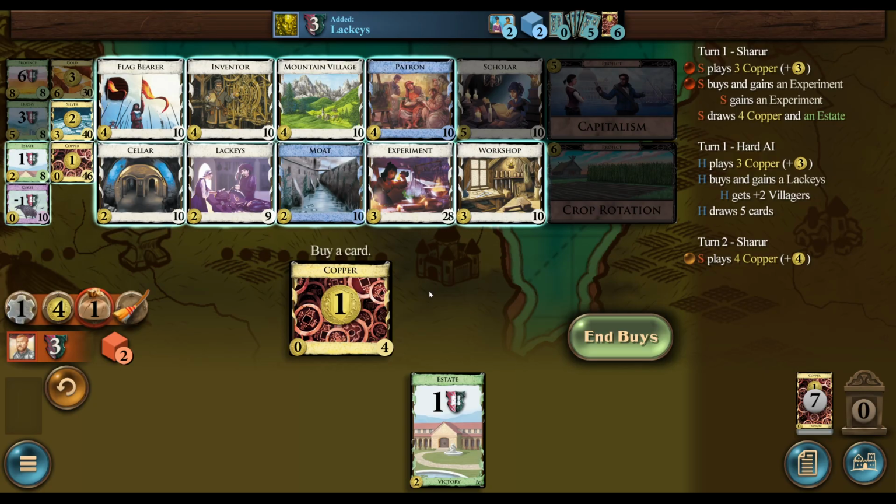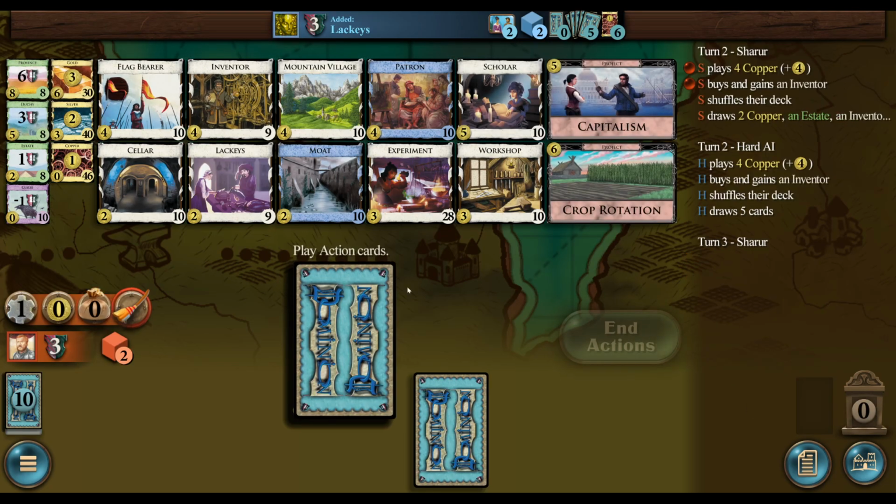Do I really believe enough in my ability to hit crop rotation to not open with inventor here? Because, man, inventor is going to be able to gain a lot of good stuff. Maybe we just try to hit crop rotation off of playing a scholar. Yeah, I think we just take the...